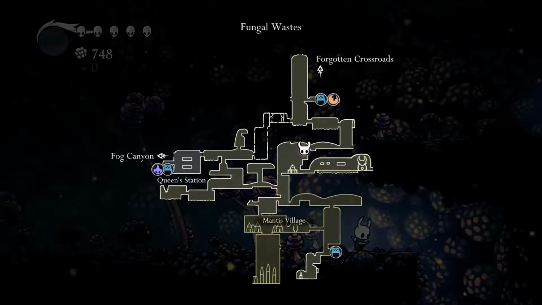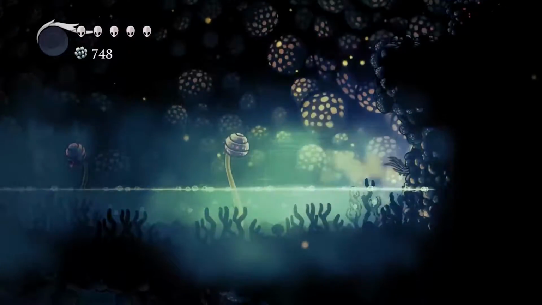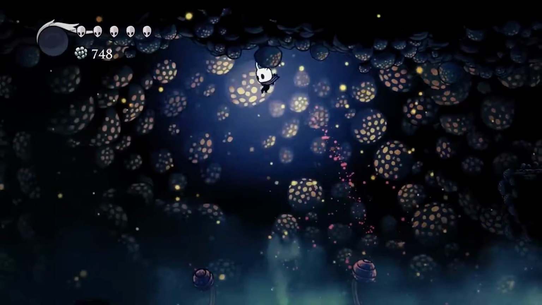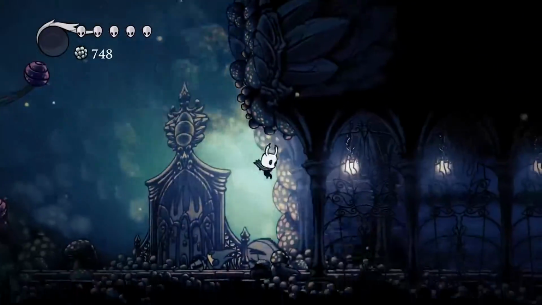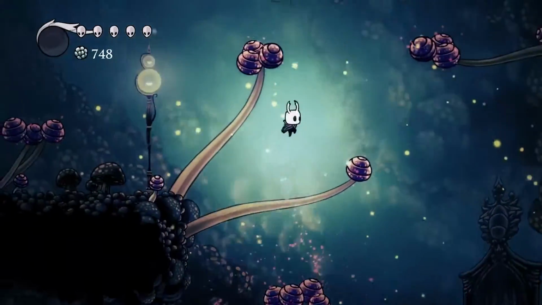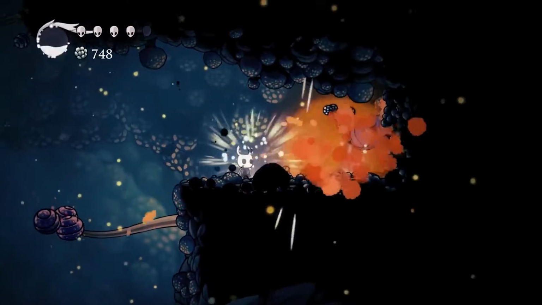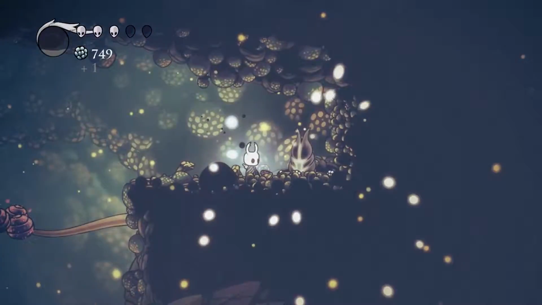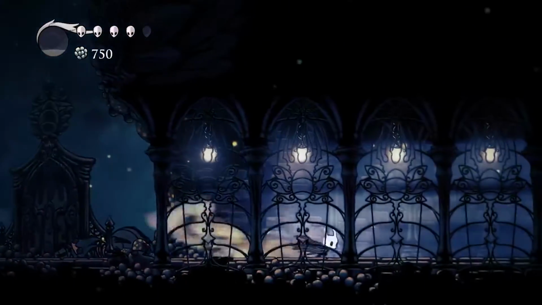This was the original path through the fungal wastes. As you can see, you come down from the Forgotten Crossroads and go this way. It's a lot of fun. Oh no. That was well done, Gary. That was an enemy up there. Yep, they all explode. That's what's great about this area. Love it. 10 out of 10. Explosion again! Oh, thank you so much. I love it when you explode on death and life and...